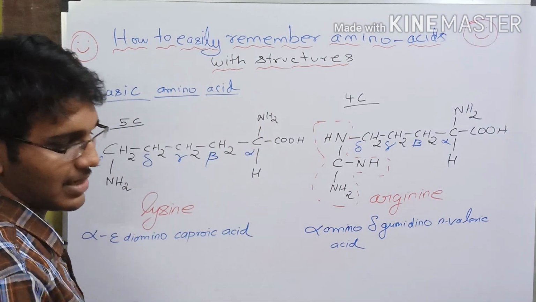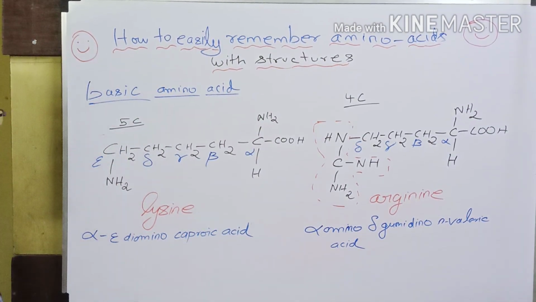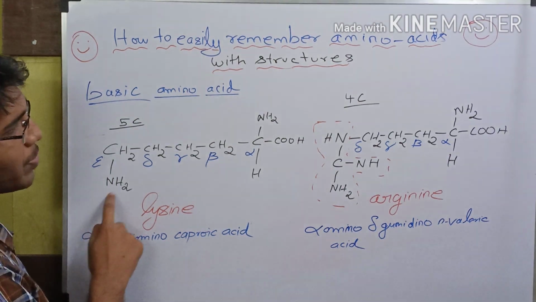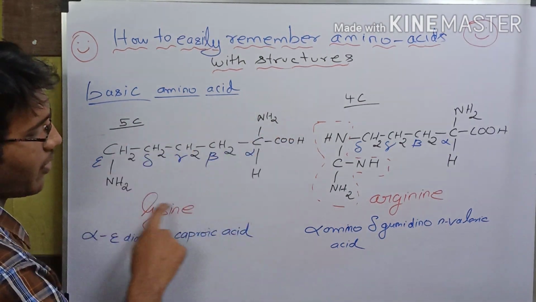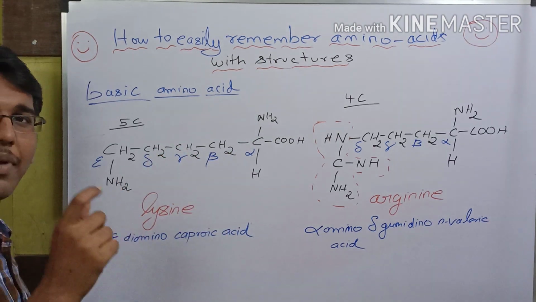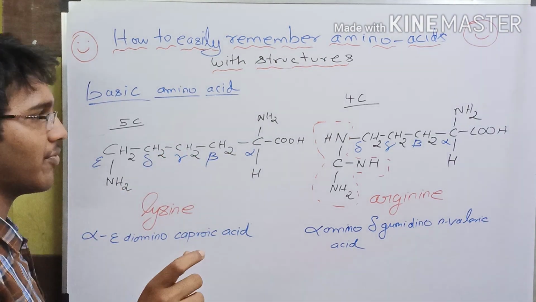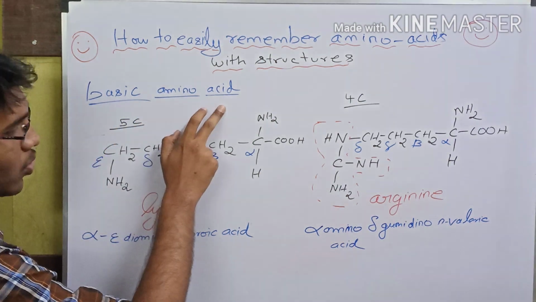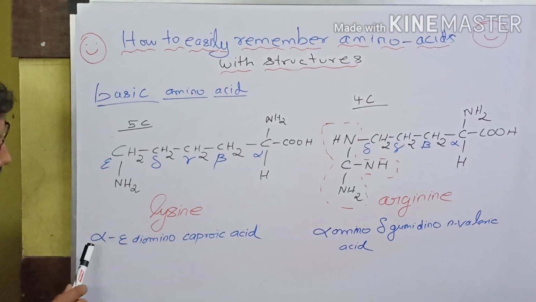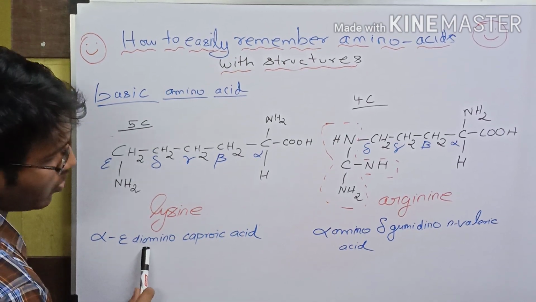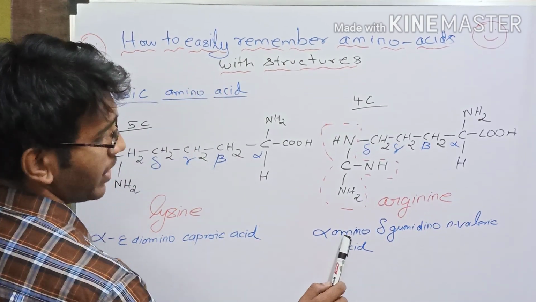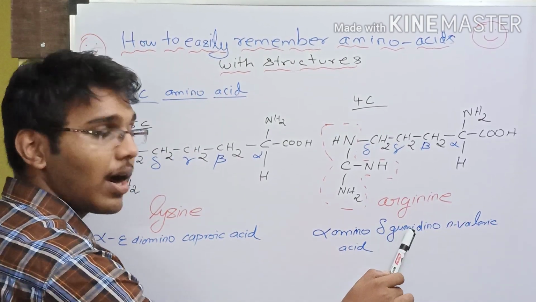Basic amino acids. What is a basic amino acid? Any amino acid molecule having 2 amino groups in its molecular formula is called a basic amino acid. Remembering basic amino acids is somewhat difficult. Basic amino acids include 2 amino acids only. One is lysine, also called alpha epsilon diamino caproic acid, and arginine is also called alpha amino delta guanidino